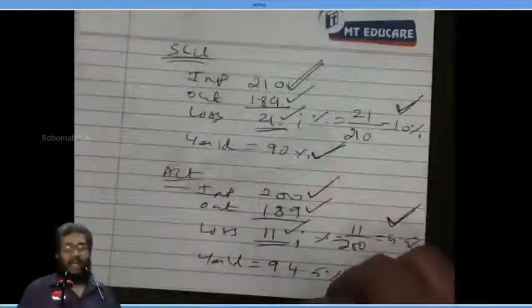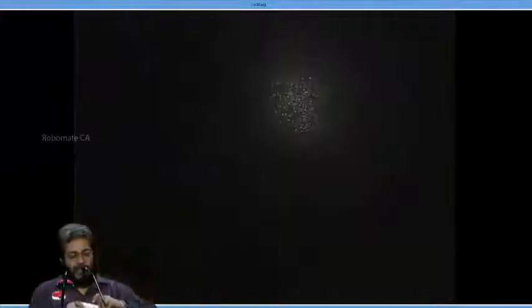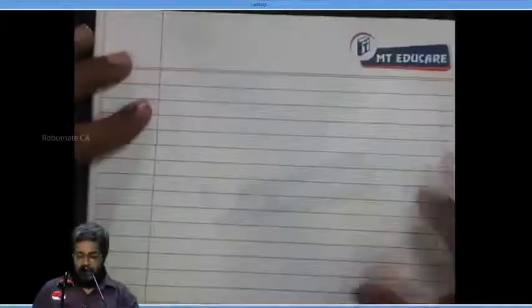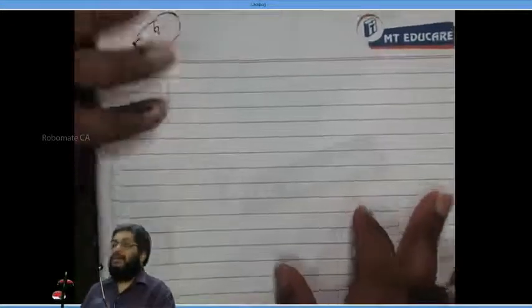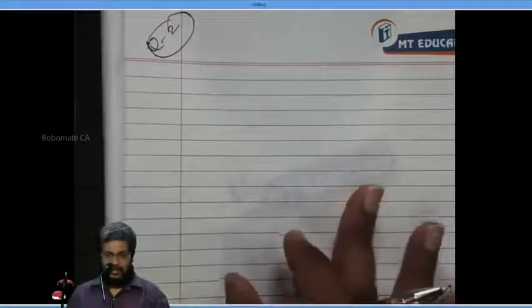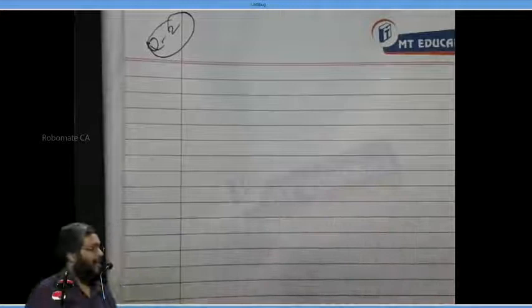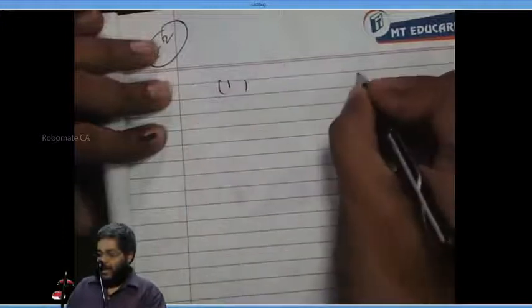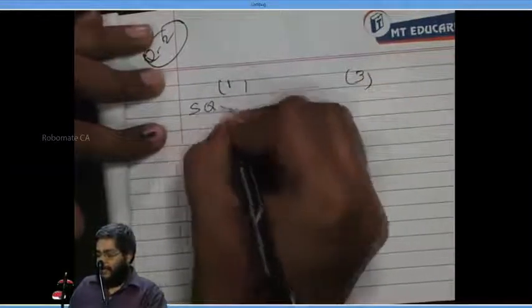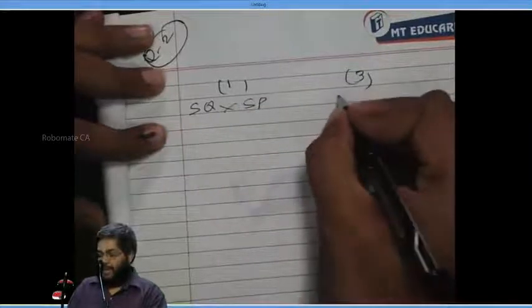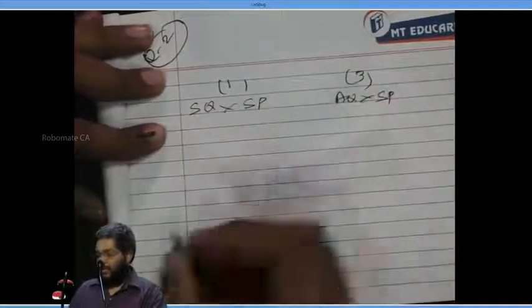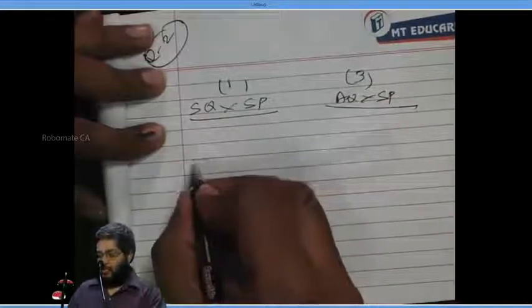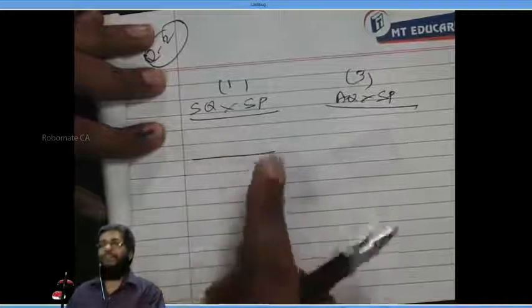That's the question. Everybody, can we start or not? No, I will do it and then give you time to copy it. Okay, just a 1 minute problem. Here only formats are very helpful. They have given you what variance? Usage variance. Tell me what is the formula for usage variance? Column 1 minus column 3. What is column 1? SQ into SP. What is column 3? AQ into SP. SQ into SP only we call standard cost.